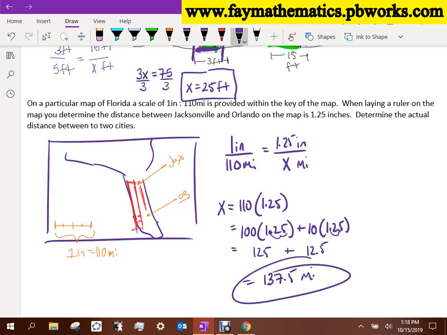Now, I would argue that most of us right now maybe are going to grab a calculator, type 110 times 1.25. My hope is that down the road eventually you do this enough that you say, it makes more sense for me just to logically use the distributive property, get 125 and 12.5, add them together, and get 137.5. Okay. All right, so the next question